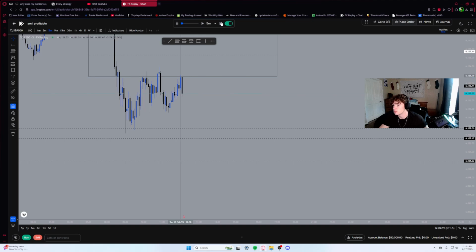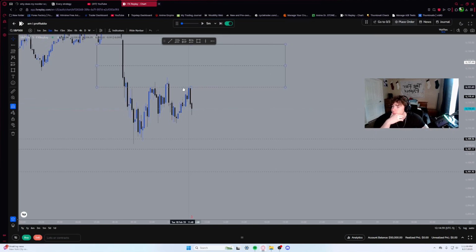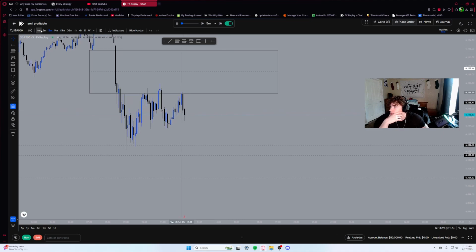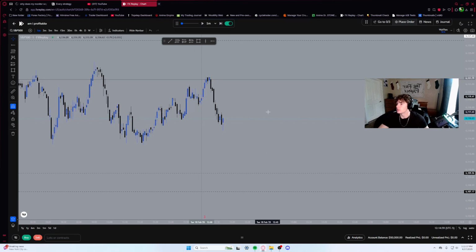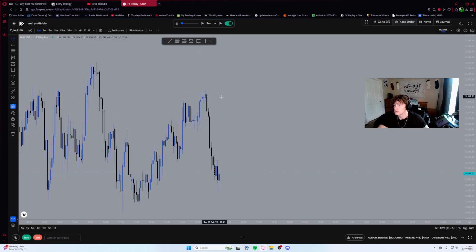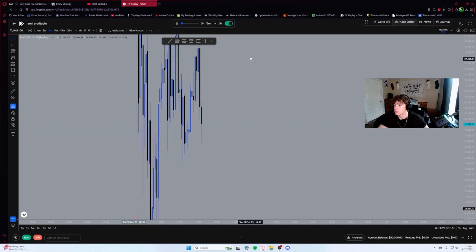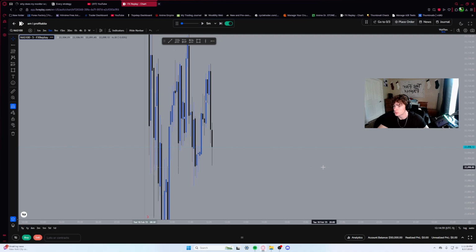Price reacts off of that. We break structure. No, we don't. But we break structure on the lower time frame. Cool. Alright, we have a nice head and shoulders, I guess you could say. Let's go down on the 1 minute. Look for an entry. Let's see what NQ is doing. Where is market open? I guess it doesn't matter. Whoa. Market opens way over here.